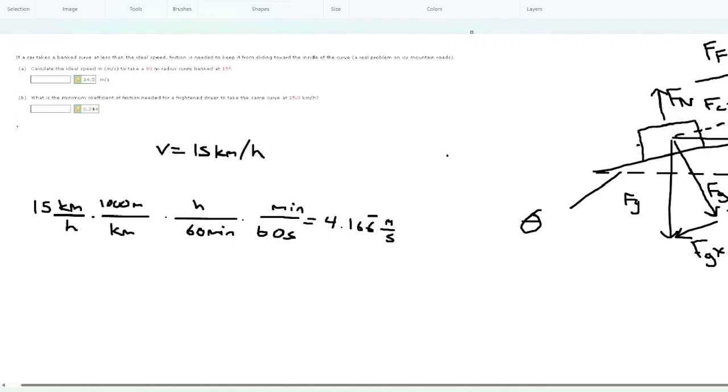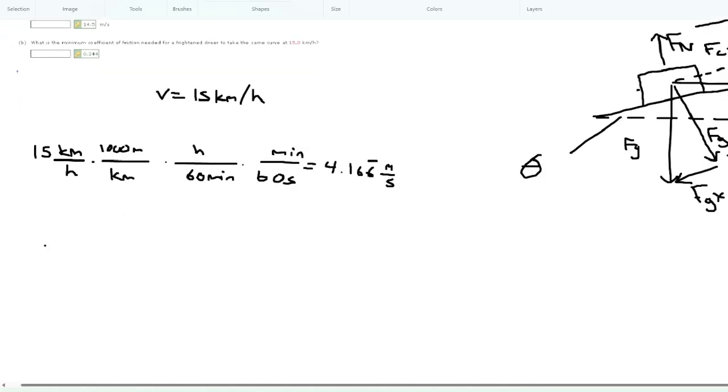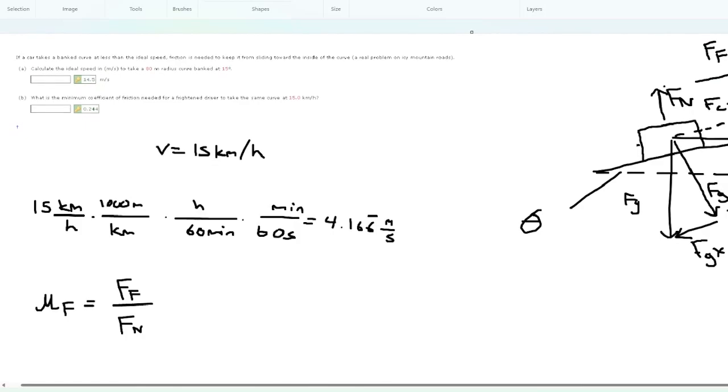Okay, so now that we have this, let's see. What do we do? Let's go ahead and define the coefficient of friction. Coefficient of static friction or kinetic friction, let's just do friction in general, is going to be equal to force of friction divided by force normal. So we need these two things, force of friction and force normal, to calculate this. So let's see, we can define force normal. Well, force normal,